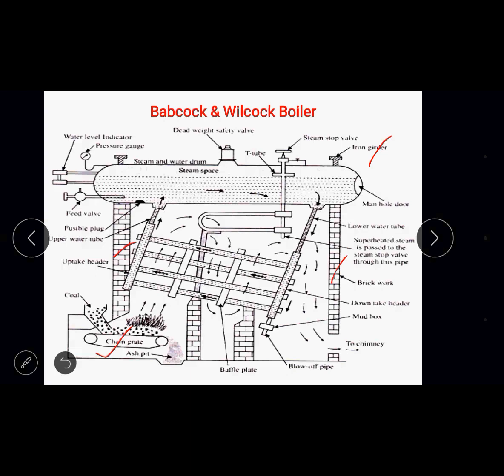On this cylindrical vessel, you can see that it is filled with water. How much is it filled? It may be filled up to 50%. So 50% of the boiler drum is filled with water. Since water is the basic source to produce steam, without water you cannot produce the steam. So water is the input source, it is the raw material to generate the steam. Therefore the boiler drum is filled with water.